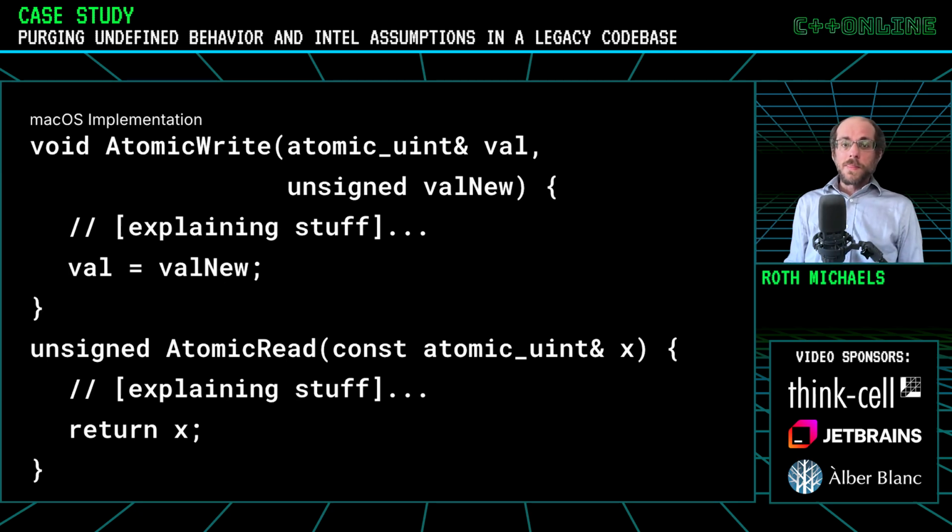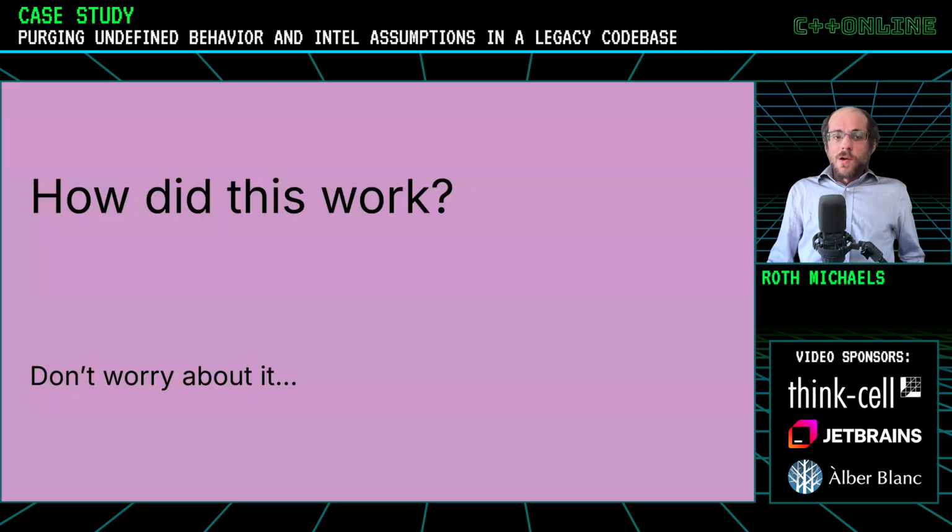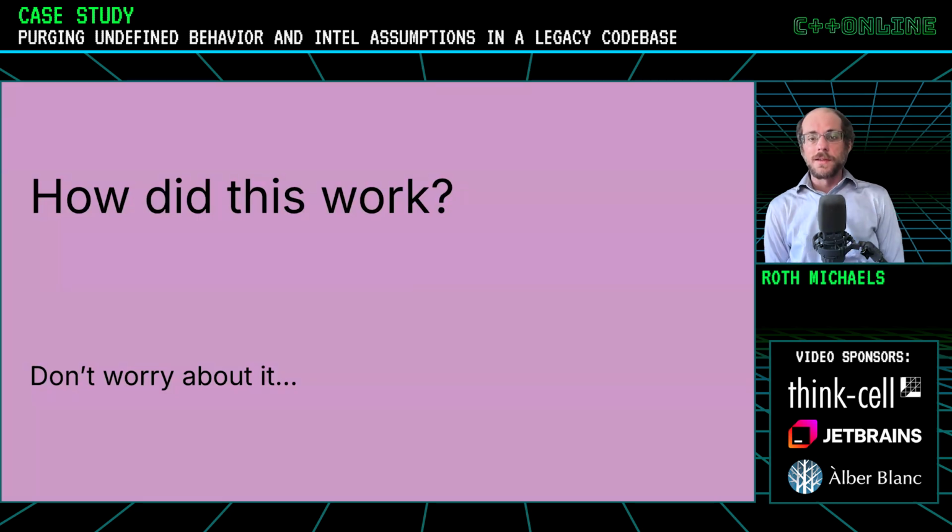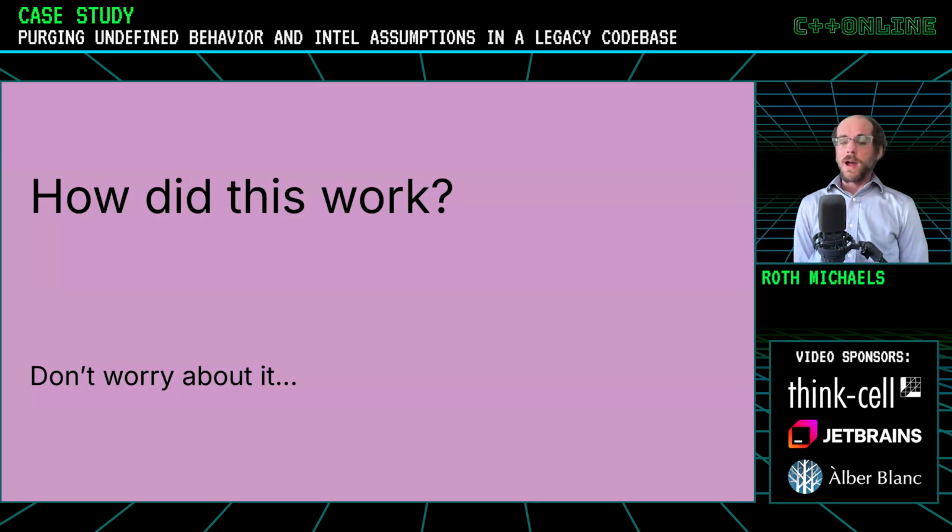But we know that with modern C++ standards, this could essentially be a race condition and undefined behavior. So how did this ever work without causing other issues? I think you'll see with some of the other real world examples of bugs we've encountered, I would say don't worry about it. I think it's not worth trying to understand the effects of undefined behavior in some cases, because some of them can be truly mind-boggling, what weird stuff the compiler does when it assumes, oh, this will never happen, so I'm going to do something else.